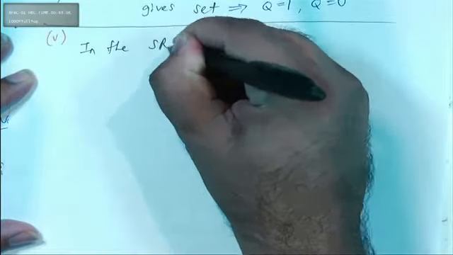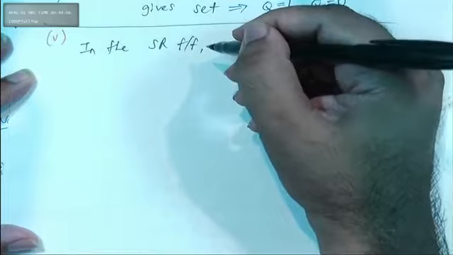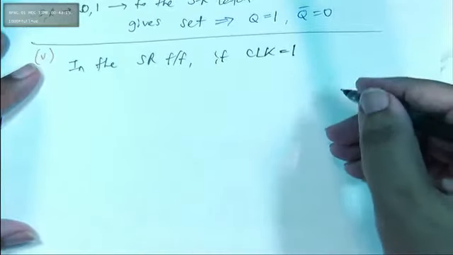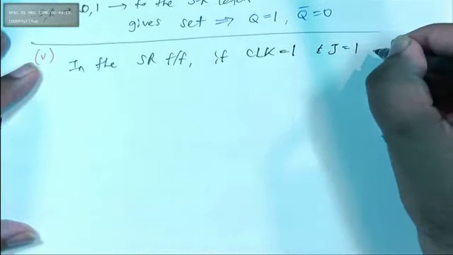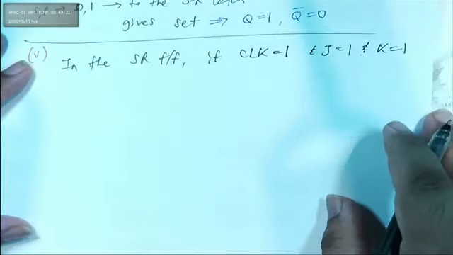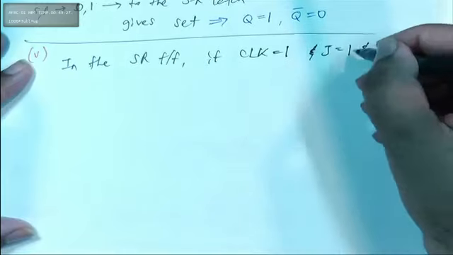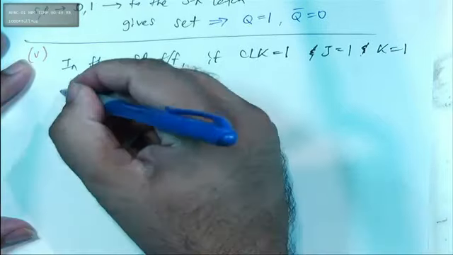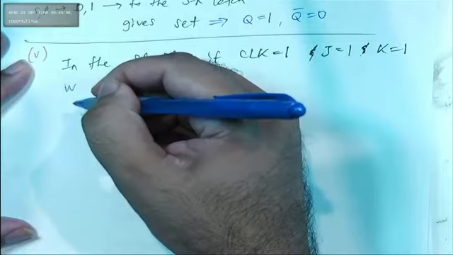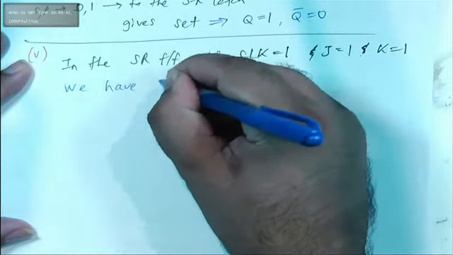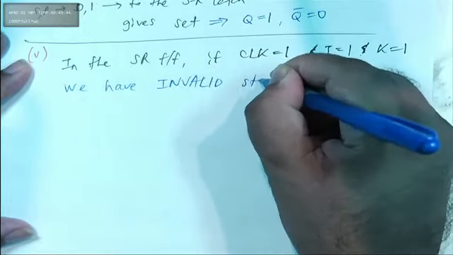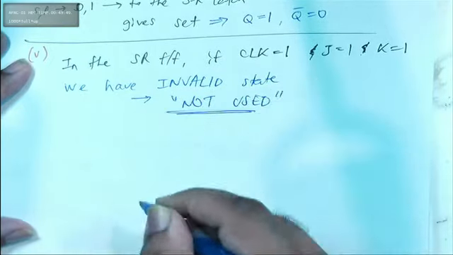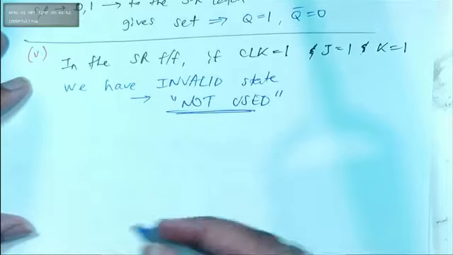In the SR flip-flop, if clock is equal to 1, and J is equal to 1 and K is equal to 1, we have an invalid state. We say not used. Now, for JK,